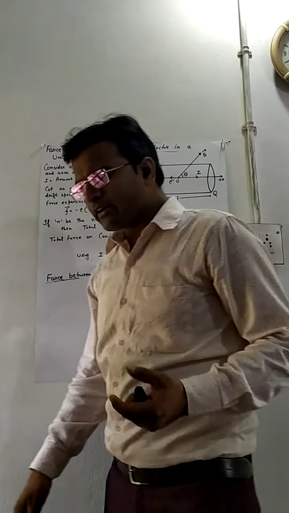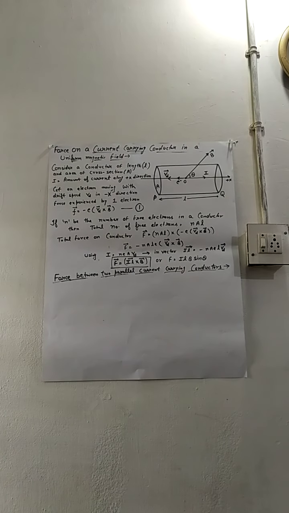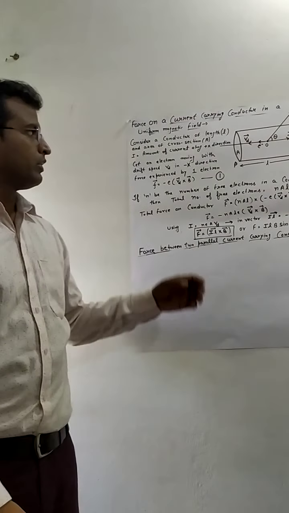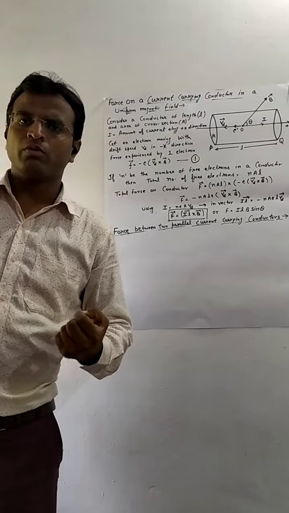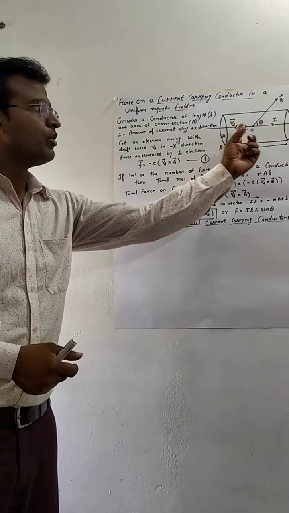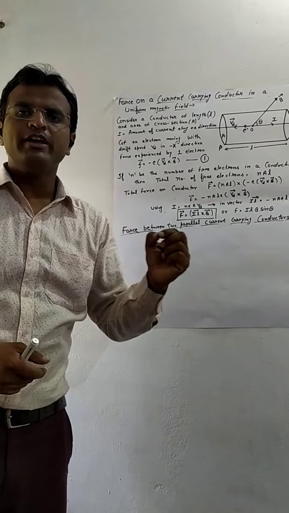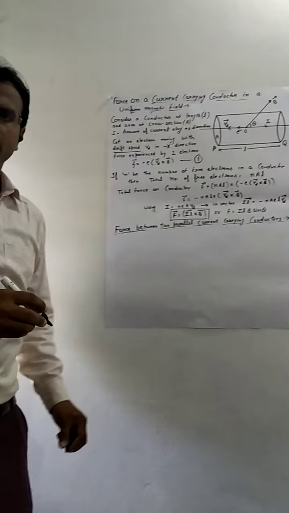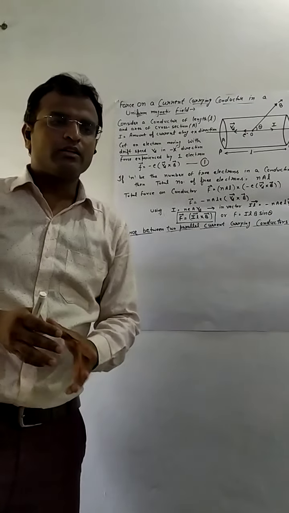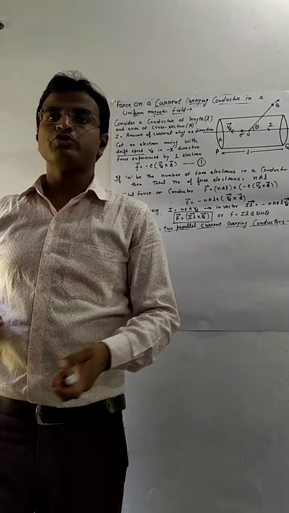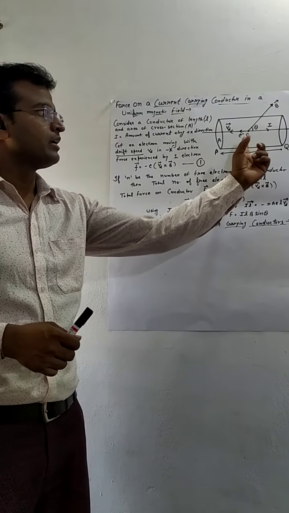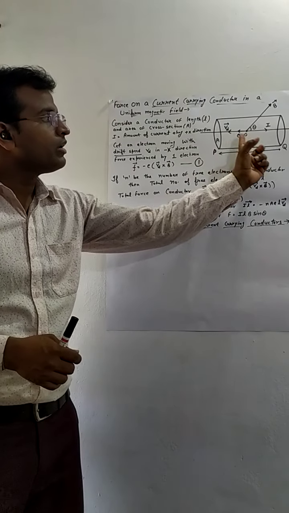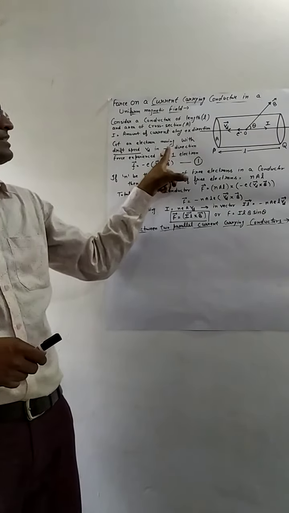We know that a conductor has a large number of free electrons. Let a single electron move with speed Vd. What is Vd? It is called drift speed. We know that the direction of electron motion is always opposite to the direction of flow of electric current. The direction of current is positive x-axis, so the direction of electron is negative x-axis.